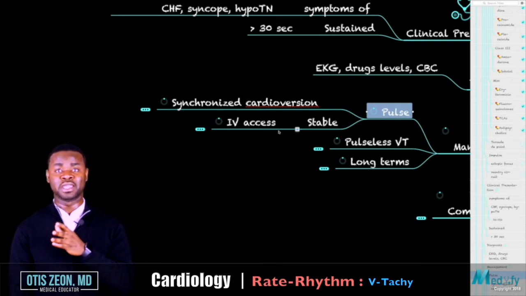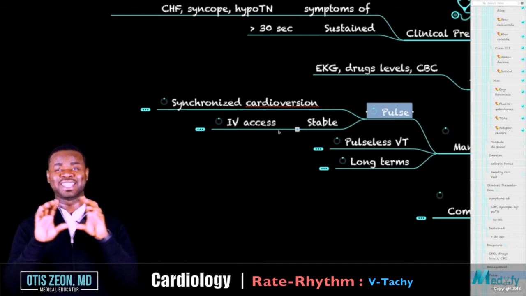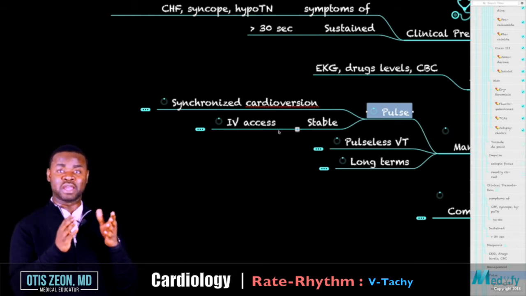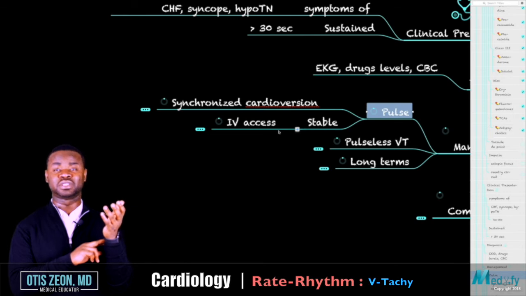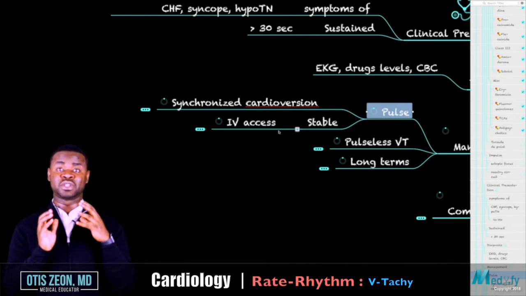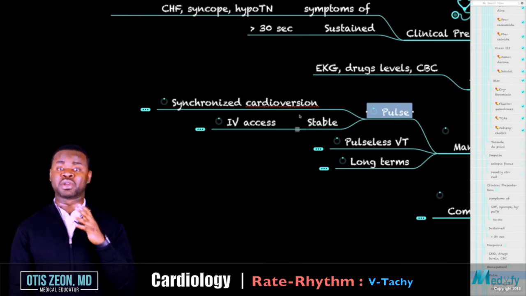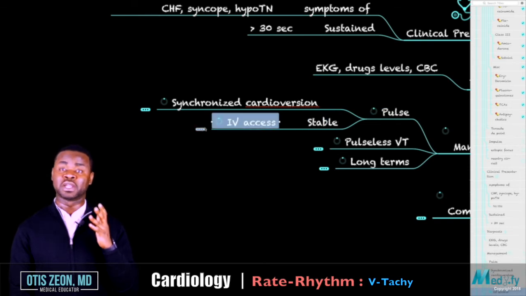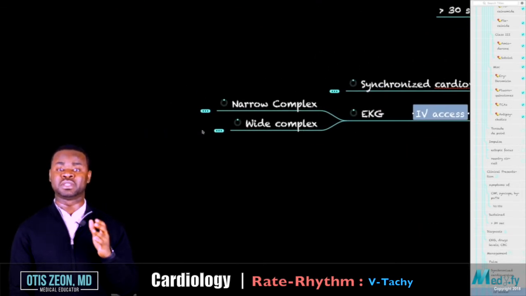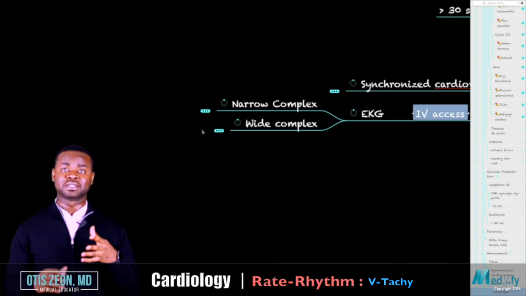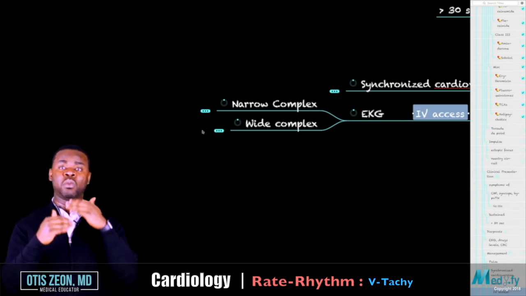Okay, so first, they have signs and symptoms of VTach. You see it on the EKG. Then you ask yourself, do they have a pulse? It's very easy to find a pulse. Simple. It takes a few seconds. Then you ask yourself, are they hemodynamically stable? A person who is hemodynamically stable, you find an IV access and you pretty much go down your ABC. Okay, find an IV access, give them IV fluid, and you just consider what you're going to do in terms